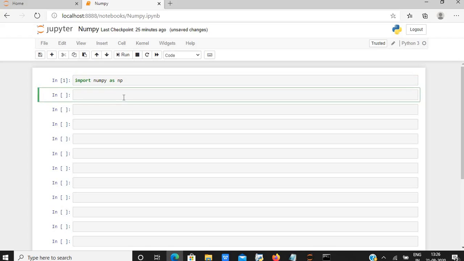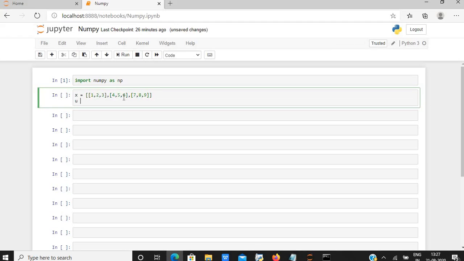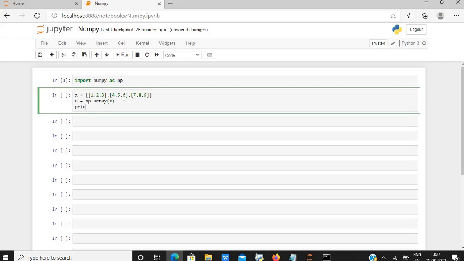Now we can make it clear with the help of an example. For example, I have a list x containing values 1, 2, 3, 4, 5, 6 and 7, 8, 9, and I am taking np.array(x) and printing it.